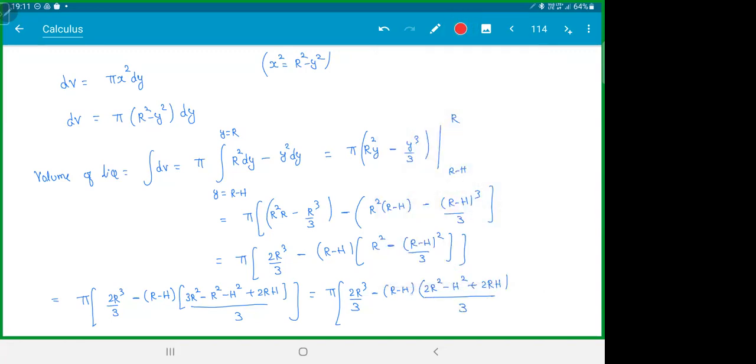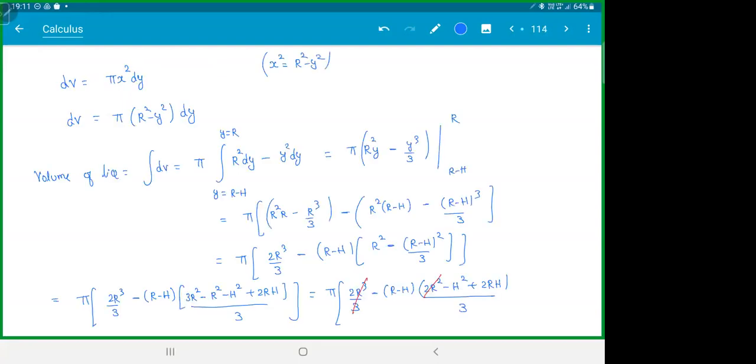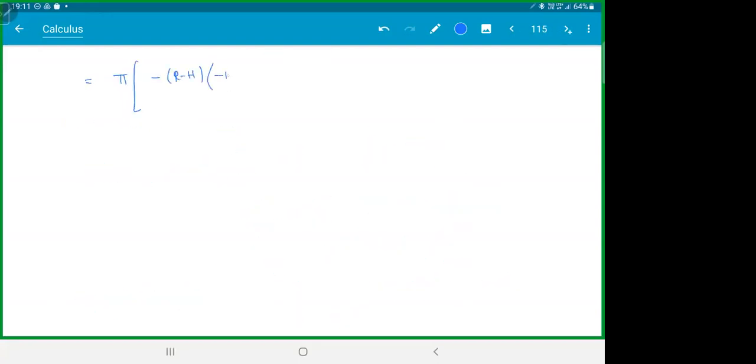So basically this 2r square by 3 and this 2r cubed by 3 will cancel because of this r. And you're left with pi into minus of r minus h into minus h square plus 2r h by 3. So this will be pi into r minus h into, take out one h common, you end up with h minus 2r by